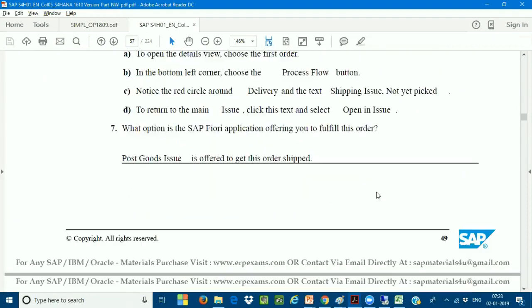I'll tell. First, just go through S4H01. Just complete the 2 units. We have completed the 2 units. Make sure that you are aware of the 2 units. So tomorrow, if I ask any questions, you are supposed to answer those questions, please. Everybody. Sure. Okay. Can you share the link again, Mahesh? I missed it.